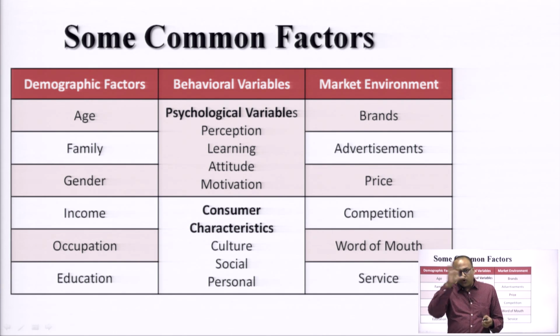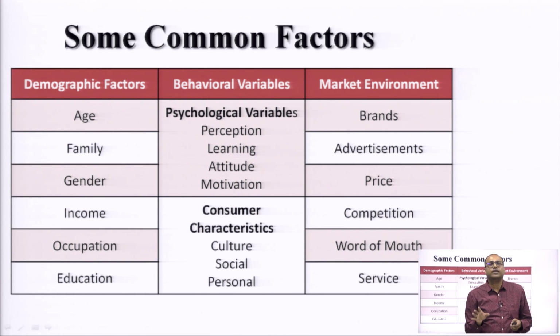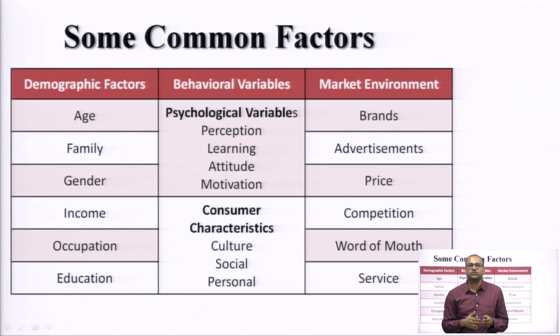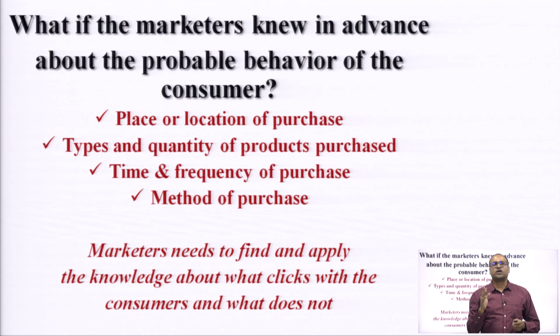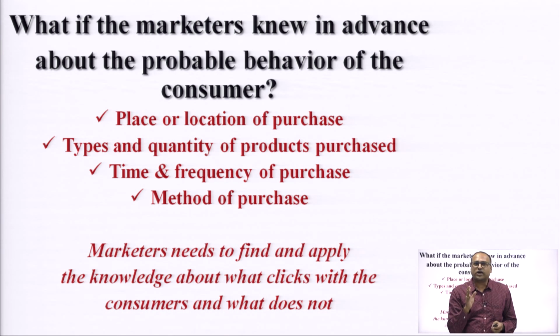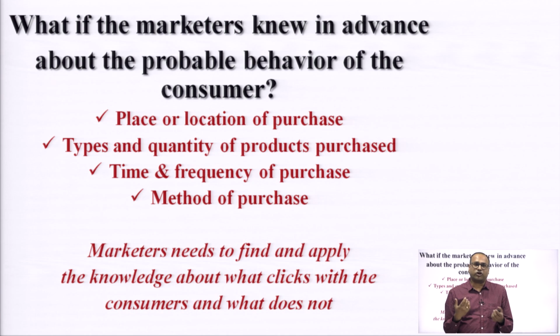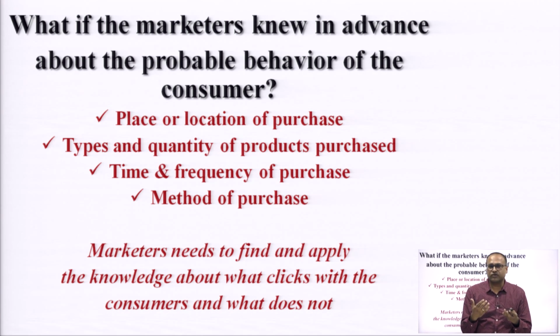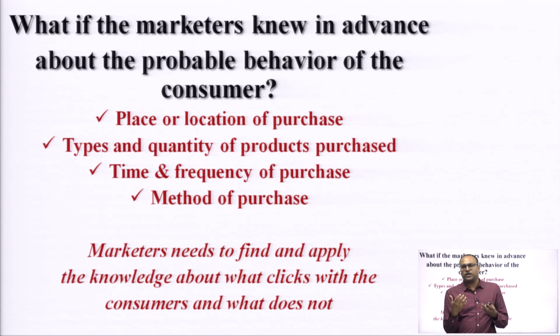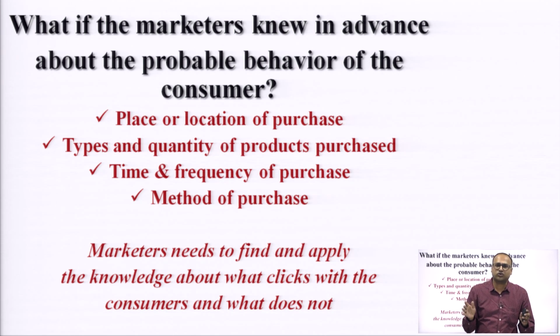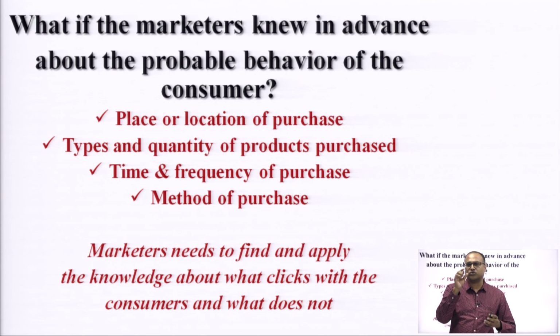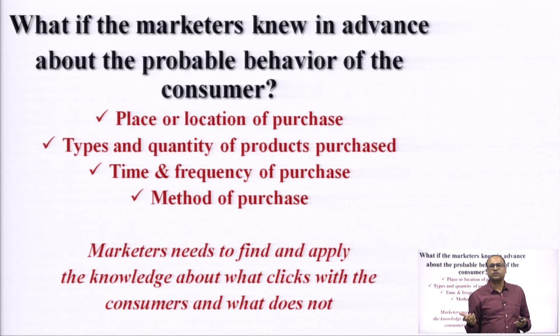Fine. So, all these are the factors which are actually governing the behavior of a particular consumer. Now comes the big question: what if the marketer knows in advance about all the behavior of the consumer? What if he is ready to serve a consumer? What if he is prepared with all the arsenal he has got just to put that particular product in your pocket or in your home? That's the point. Now, what is that arsenal? What does he need to know?